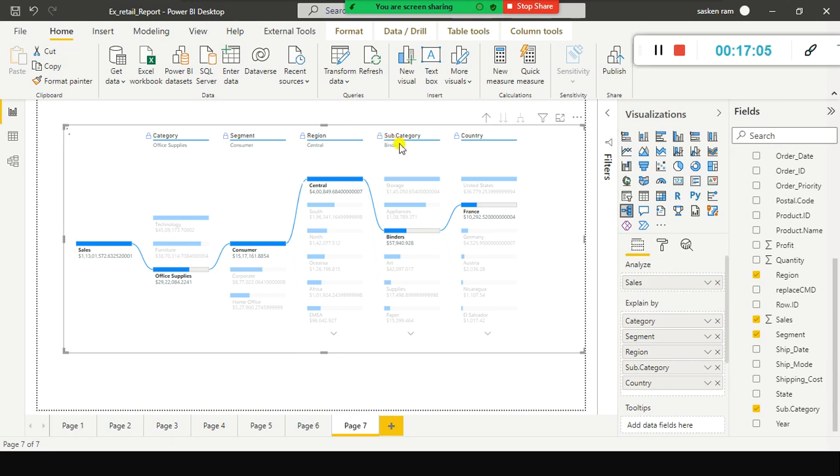For example, if I unlock it here, so up to this place they can make changes. Beyond this they cannot. Instead of restricting the end users completely, you can give them some amount of free hand. From subcategory to country they can do some filtering, or region. What you do is, region or segment you can unlock it, or country you can lock it, something like that.